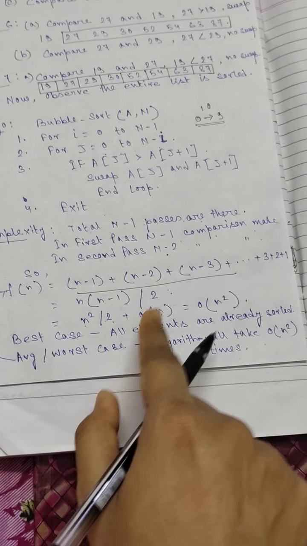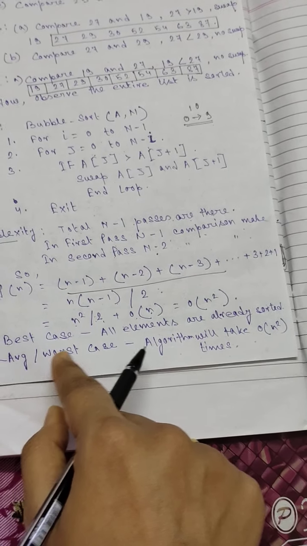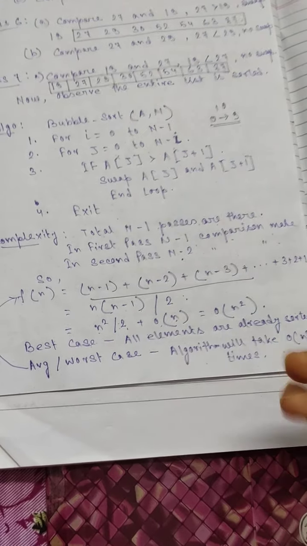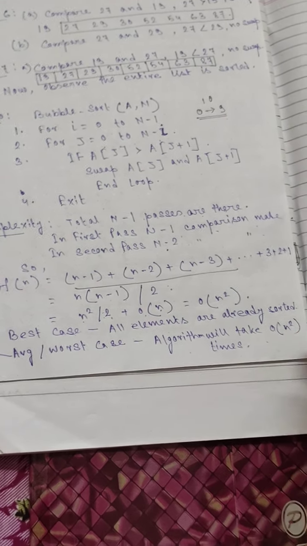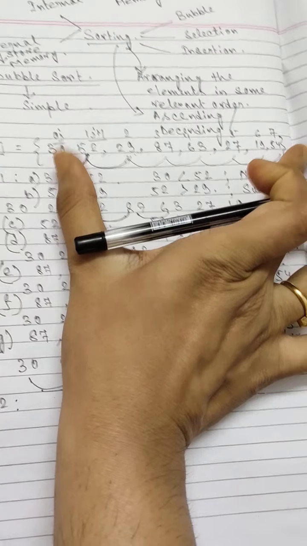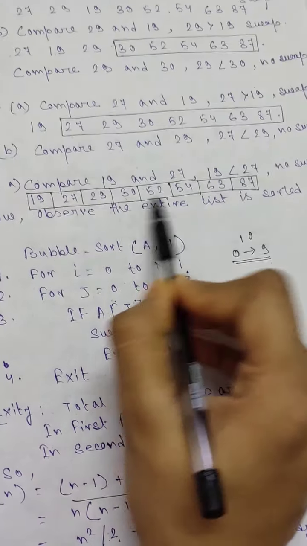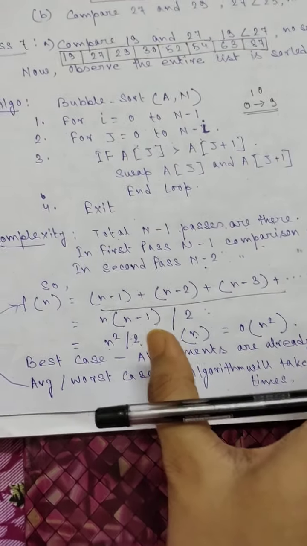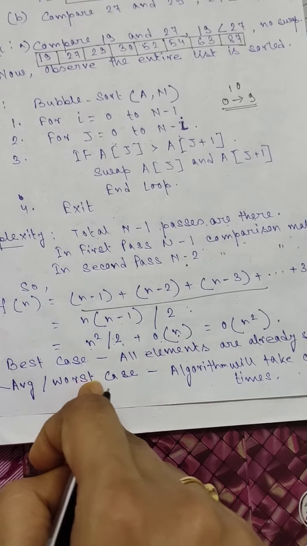So this will be the best case, and the average case is where we have to sort the elements. Suppose this is a value with index number 7. So we have a small set, so up to pass 7 we have to sort these elements into their relevant positions. But if the array is larger, if there are many values, then it will be the worst case, and we have to make many more iterations to sort these values. So that will be the worst case.